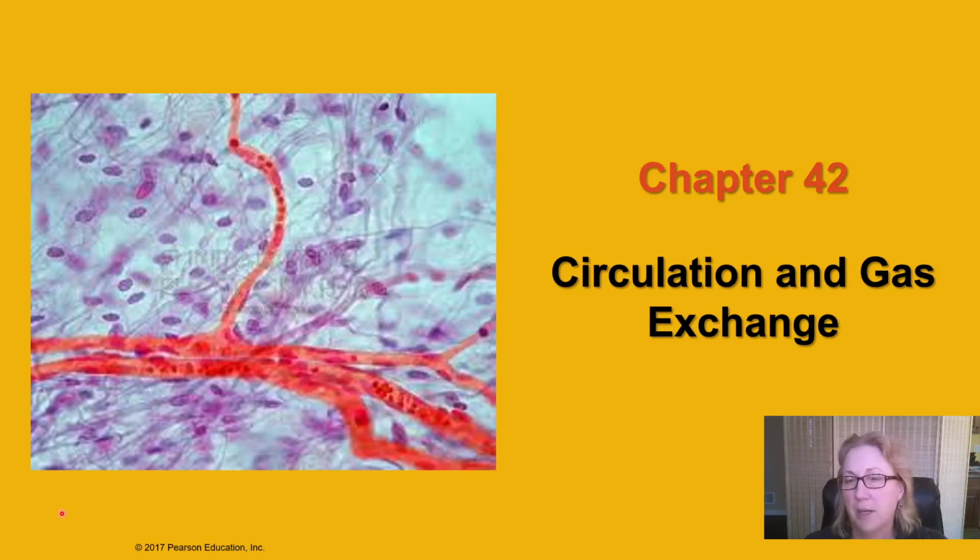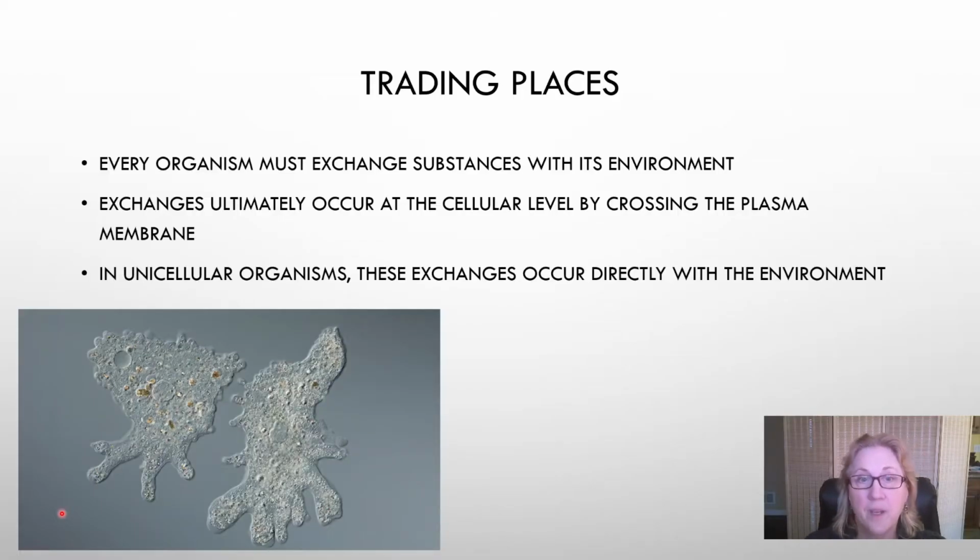Hi, so let's talk about the circulatory system and respiratory systems and a little about gills. These two evolutionary adaptations are the reason that animals aren't all small like nematodes and flatworms. These two adaptations have allowed animals to grow large.